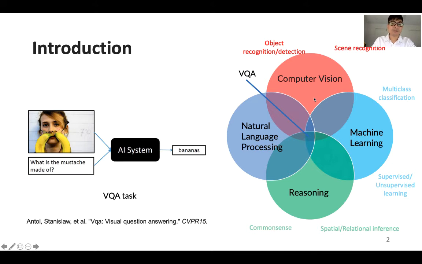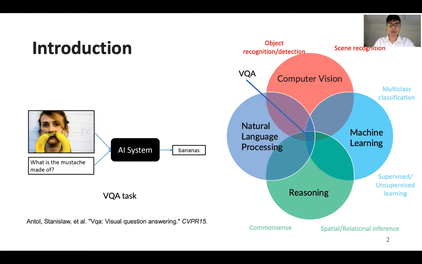To understand the contents of a given image, we need to use computer vision techniques to detect and recognize objects, as well as the image scenes in the visual contents. We use natural language processing to help the machine understand the meaning of the question being asked. To arrive at a proper answer, machines need reasoning capability to infer new knowledge from the information they detect and recognize from the image. In many cases, common sense reasoning is required to answer questions.